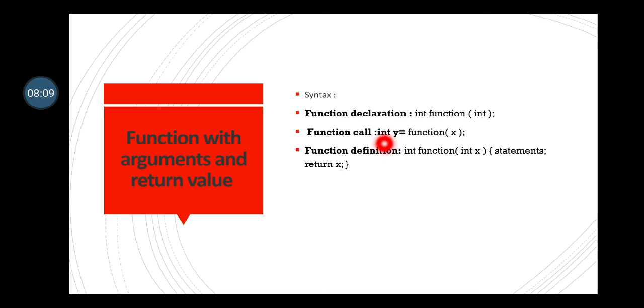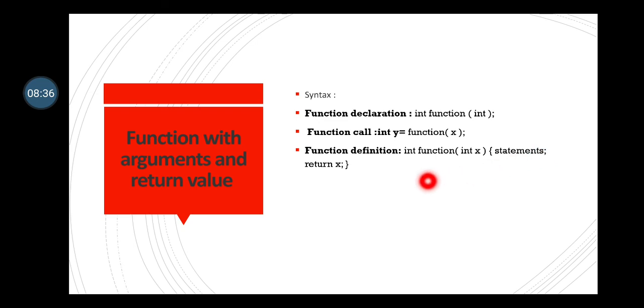The function call: integer y is equal to function x. The x is the actual parameter over here. We are passing the actual value, and as the function is returning something, we are taking that value into y. And this is the function definition: integer function integer x. While defining it, you have to write the formal parameter. This is a formal parameter